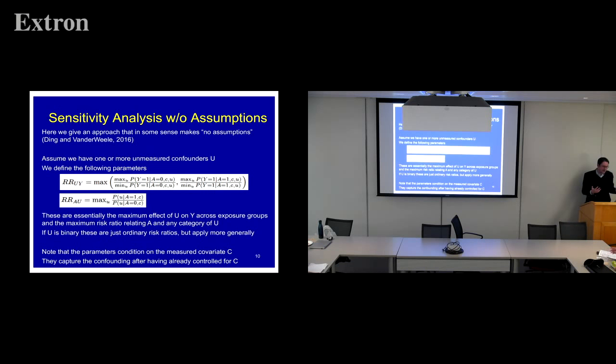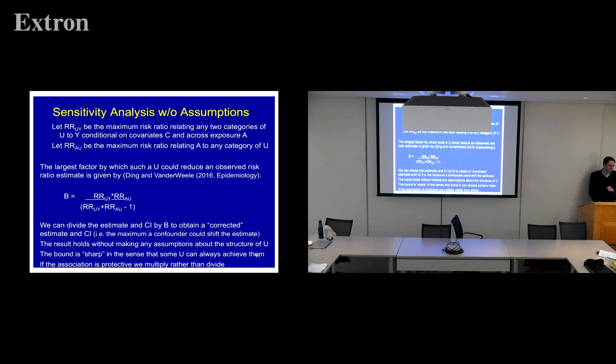So that often means that these parameters are in fact much lower than they would be if we hadn't been conditioning on the measured covariates. But we'll come back to that in the discussion. Okay, so what we showed then in this paper was that with the parameters thus defined, the maximum bias that